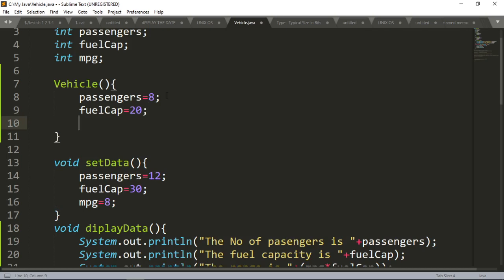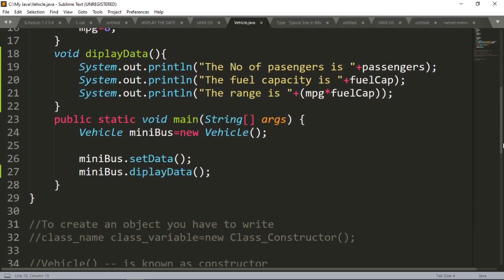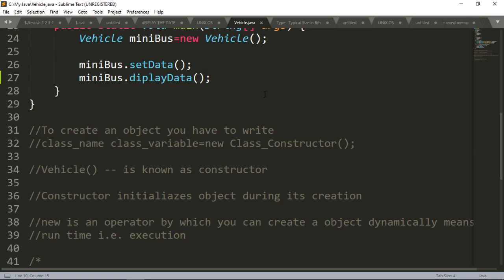And then mpg is equal to, you can say 8, not 8, you can say 6. Okay, 6.